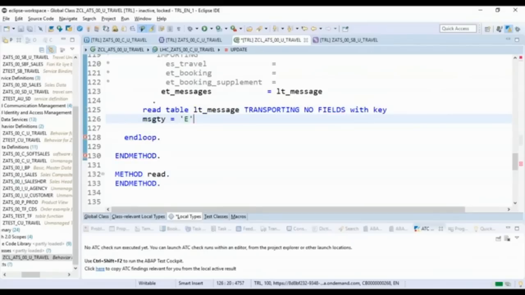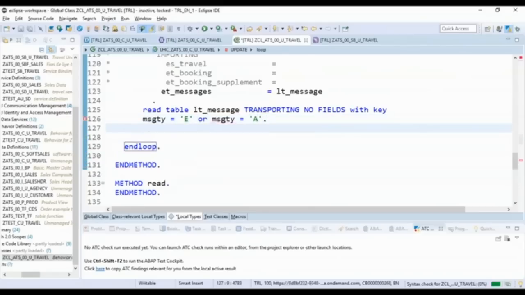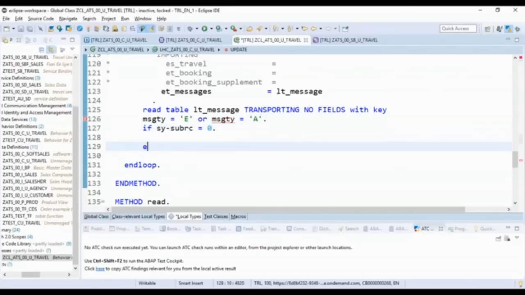If it is error or if it is abort, we're gonna insert